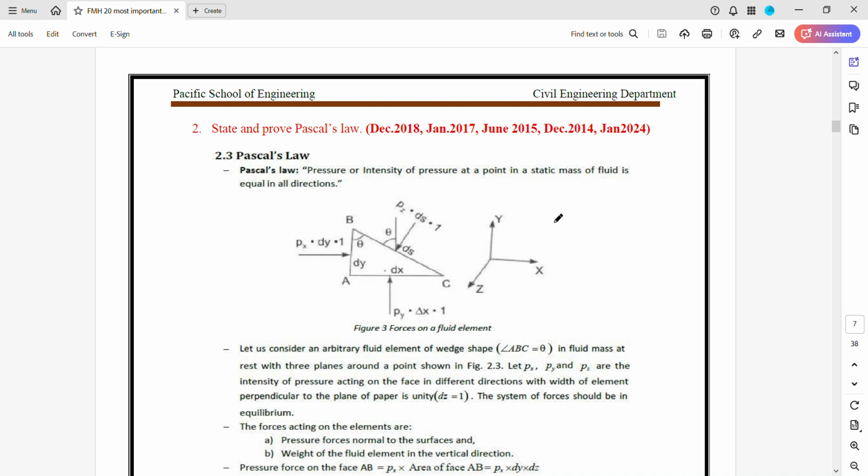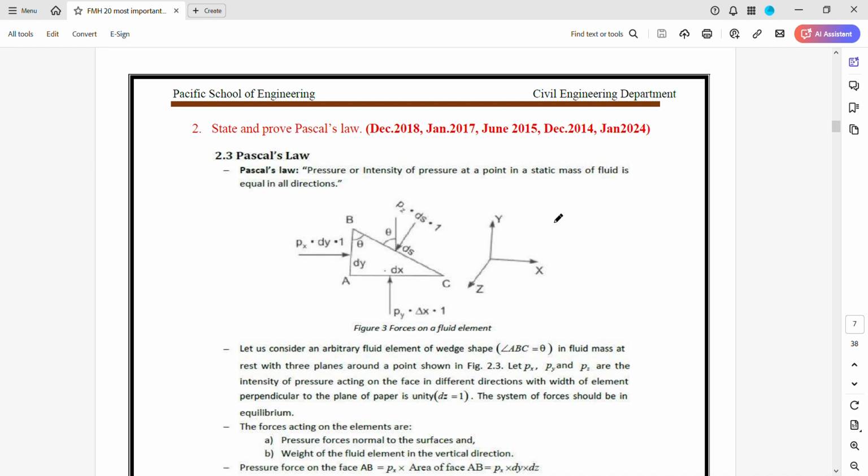What is Pascal's law? Pressure or intensity of pressure at a point in a static mass of fluid is equal in all directions. Let's consider water, a drop of water in the shape of a triangle. Let us consider an arbitrary fluid element of weight